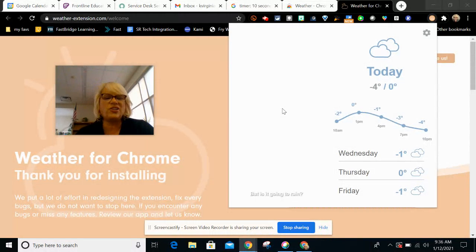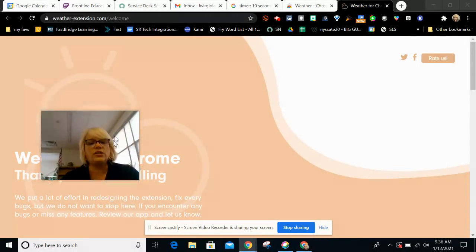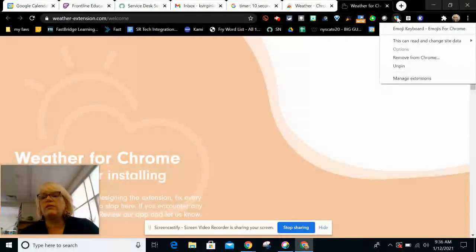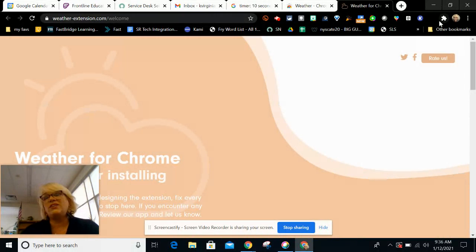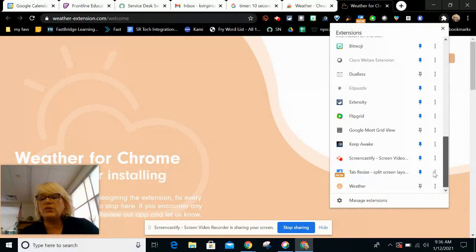Okay, so this is great. I try it for a while. I don't really like it, and I don't want it installed. So what I have to do is find it again to uninstall it. The easiest thing to do is you can either right click on one of these and you'll see it says remove from Chrome, or it may tell you to uninstall. I can also go to the puzzle piece. I'm going to go back to where I found it before, which was down here, and I'm actually going to